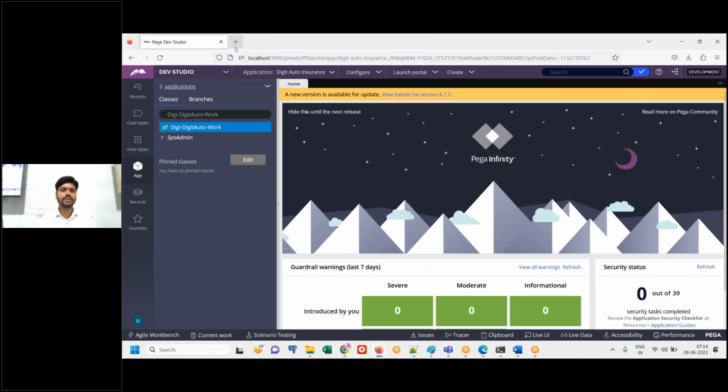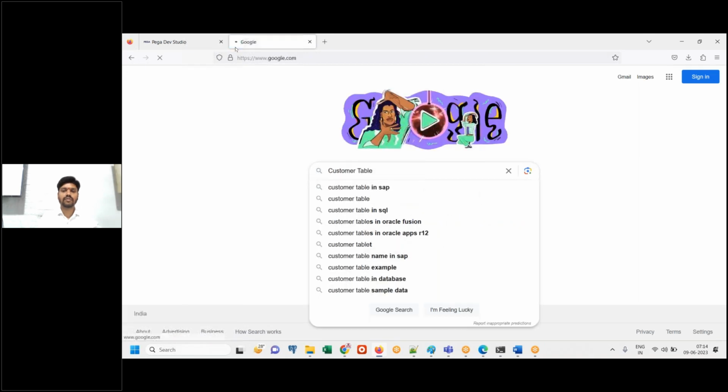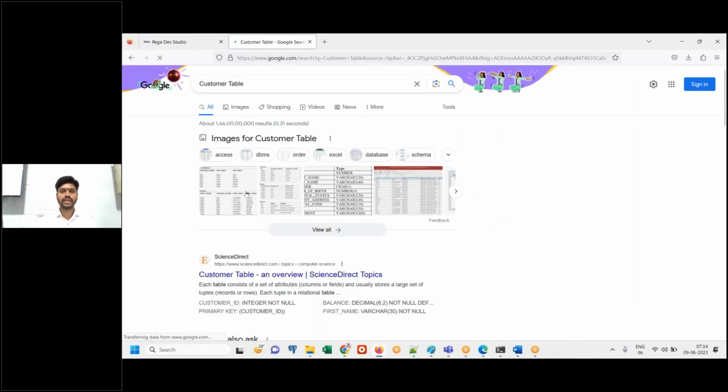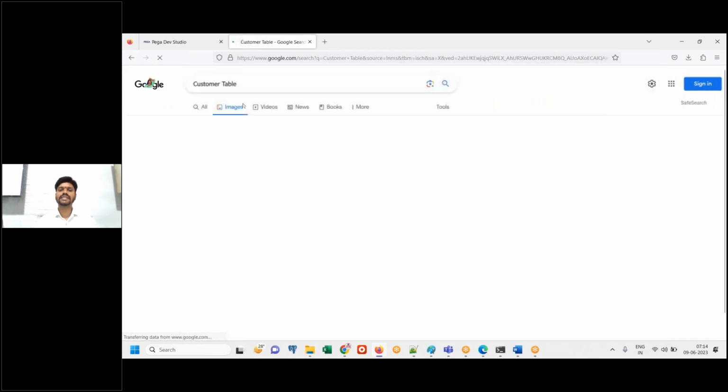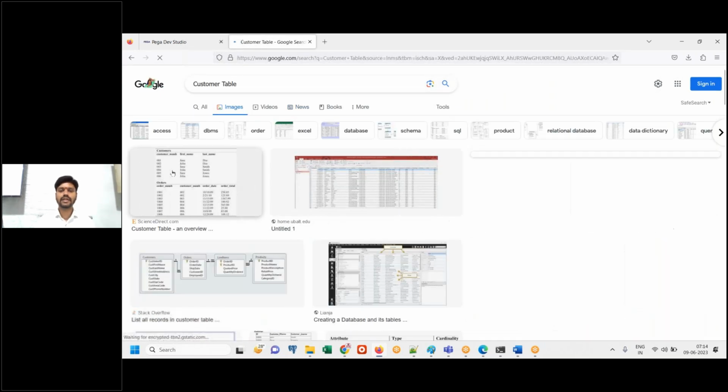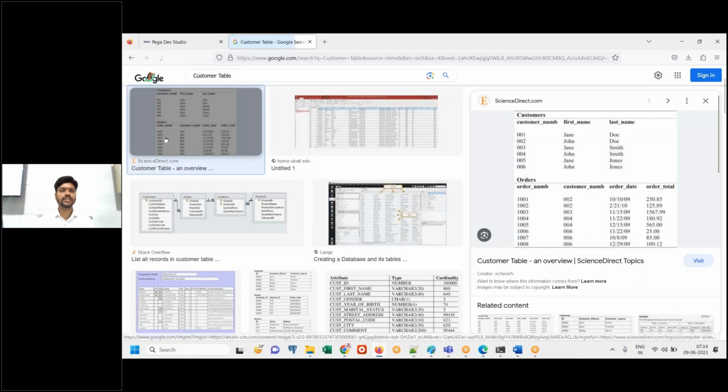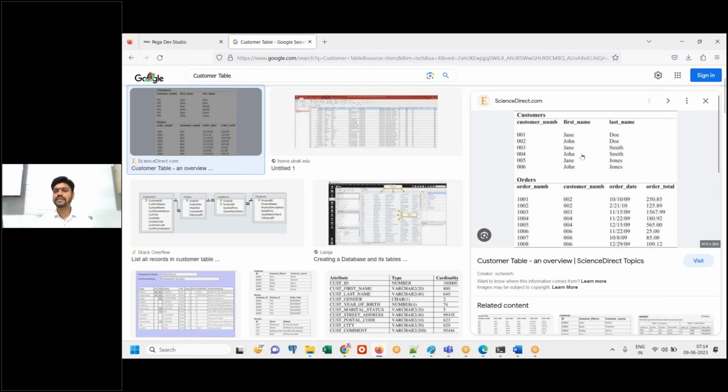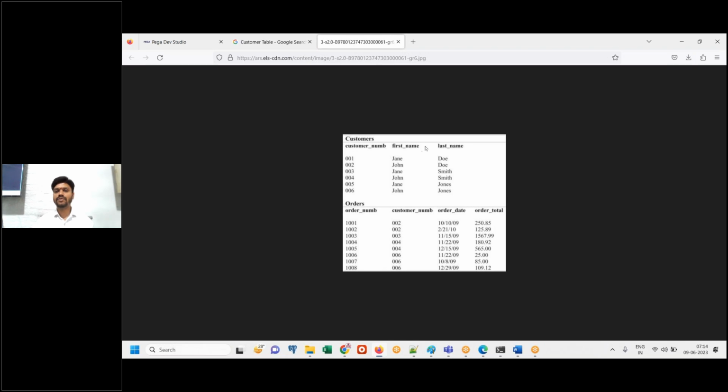Okay, so here you go. Even if you know Excel, that is okay. I can open any image here and show. See here on the right hand side, this is what a table means. This is a customer table: customer ID, first name, last name. These are called columns, and these are called rows. So in any technology,